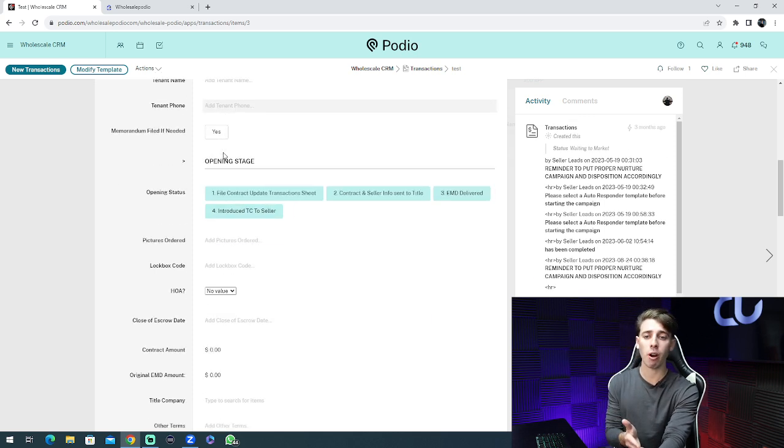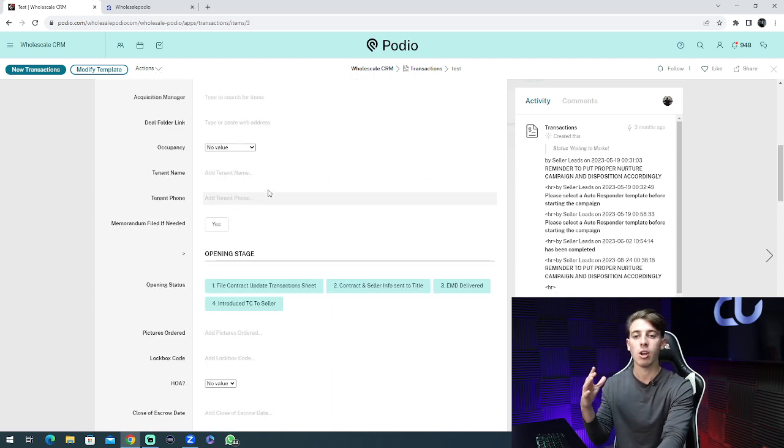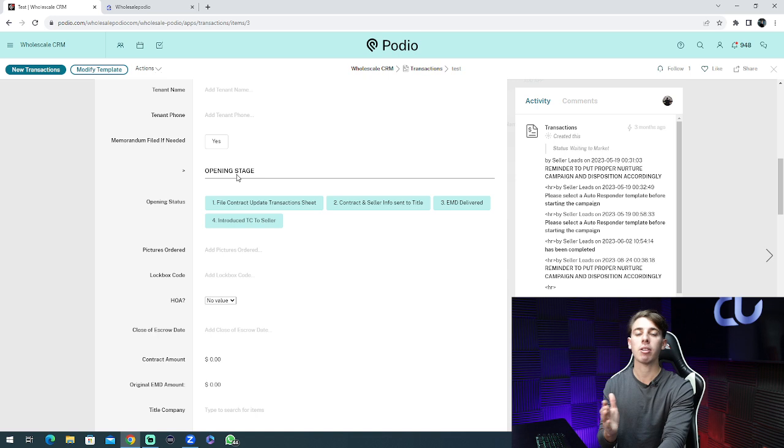And then we move on to the opening stage, right? This is where you're going to be able to choose what is the exit strategy. Is it a wholesale deal? Is it a novation? Is it a fix and flip? Are you buying the property? You choose the exit strategy and then you go down to the opening stage. This system actually walks your team step by step